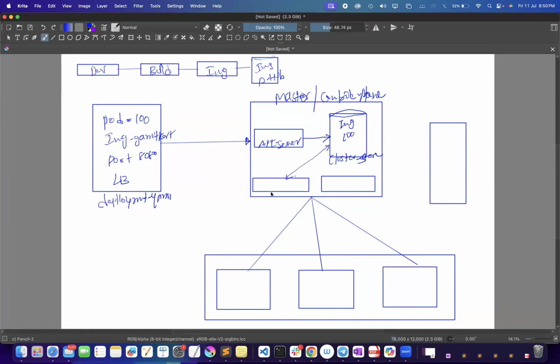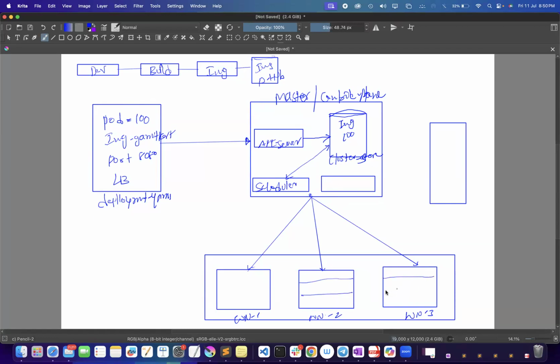As we know, then comes your scheduler. Scheduler goes to these worker nodes. I have 3 worker nodes here: worker node 1, worker node 2, worker node 3. Scheduler goes to these available worker nodes, and then it will create the given number of pods, correct? So in all these worker nodes,